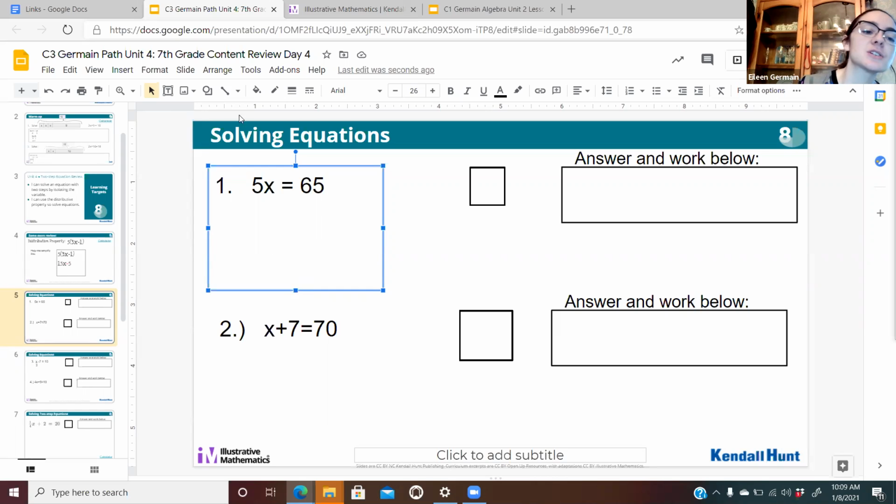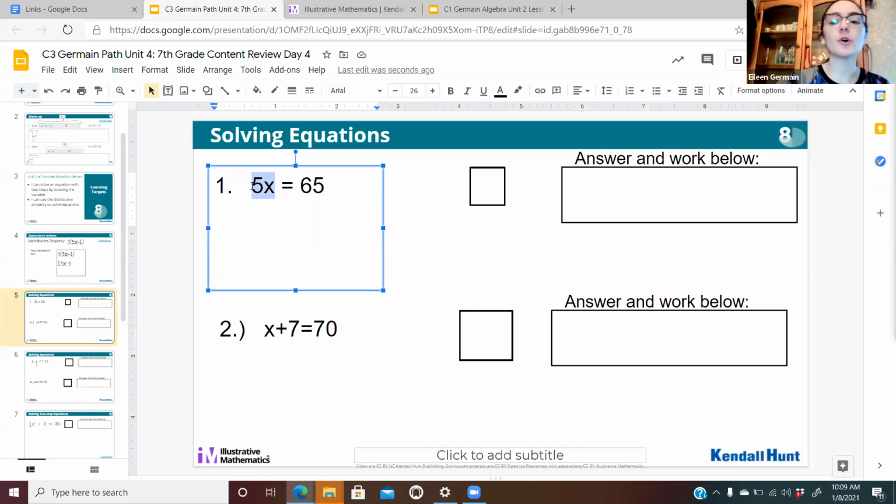So this 5 is attached to this x through multiplication. We have to do the reverse or the inverse operation to get that x by itself, and the way that we do that is dividing by 5. If I divide by 5 on my left side, I have to do the same thing to my right side. So I put the 5s underneath and I'm going to hit this underline button so that we know that we have to divide. Okay? So when I divide by 5, the 5s cancel out and I'm left with x is